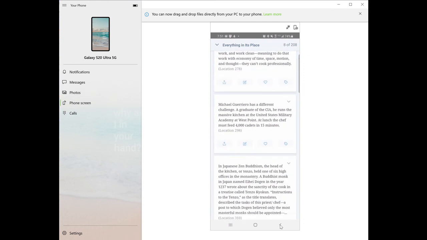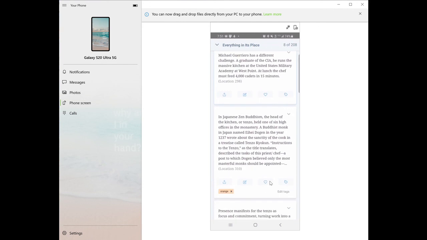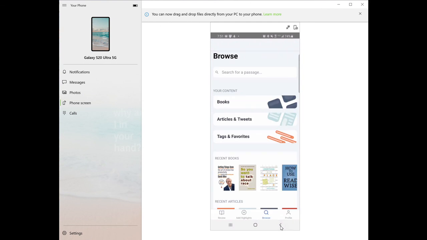You can do this on the website as well, but I always have my phone with me, so it's something I could always do. I could also go through and heart any of these that I really love or add tags to them and classify them. So do some of the work that I like to do with my notes as they come up in my daily review. So that is just a quick little overview of the app,